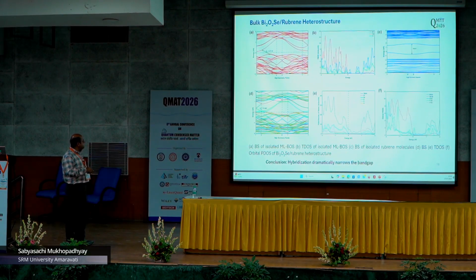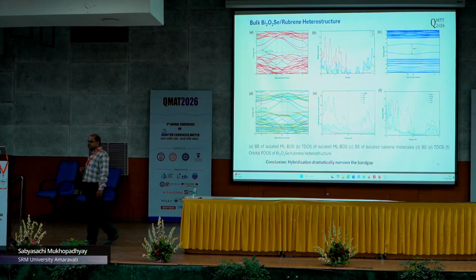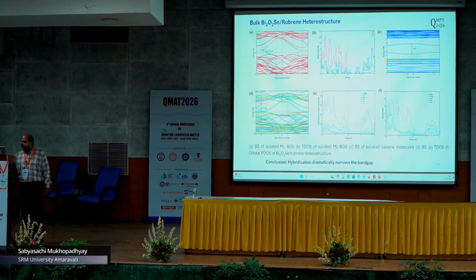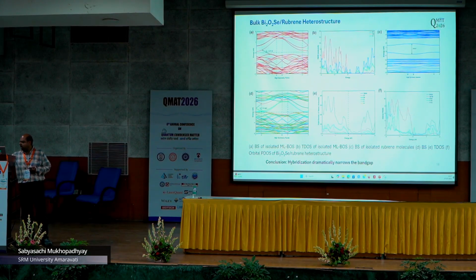So D, E and F are giving the heterostructure information. D is the band structure, E is the total density of states, and then the partial density of states is shown here. So here we can see at the zero energy level there is some kind of overlap of the partial density of states. What is the cesium 4p, barium 4p, and also some of the oxygen has a partial density of states at the zero energy level, which directly tells us there are some electrons moving from the interface between the inorganic materials to the organic materials.